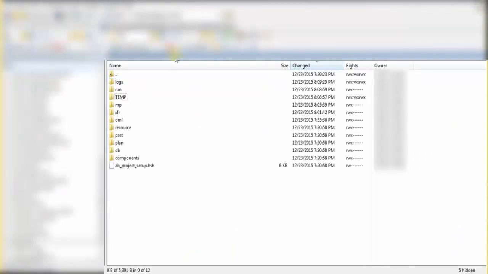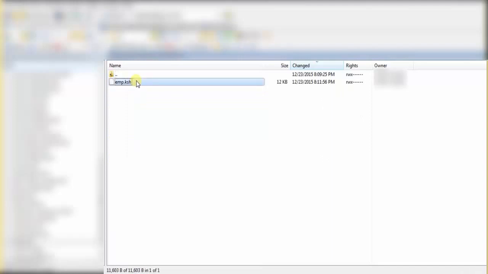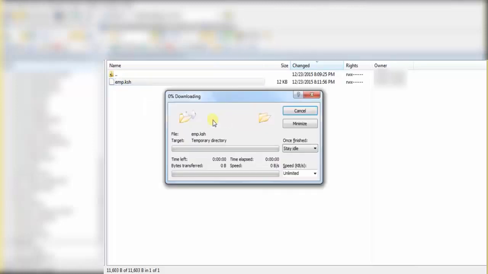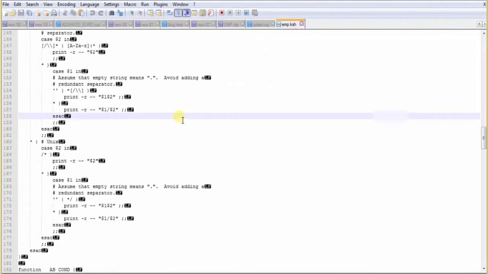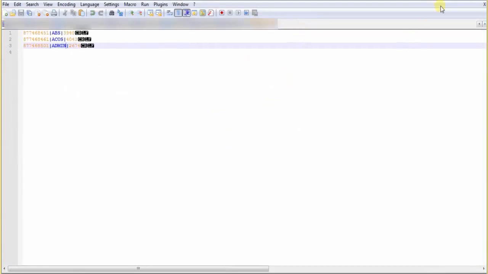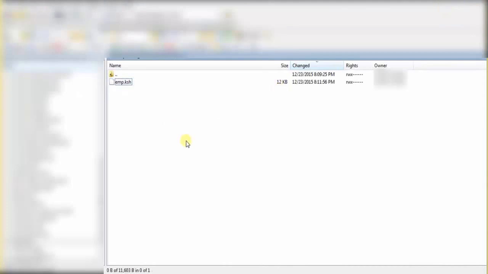And in the last video, as I said, every graph that you create in GDE will be converted into a KSH script, right? So the graph that I've created just now got converted into a .ksh script, which will be in this way. So you can execute your graph from the GDE part, or else directly come to this KSH script and execute it. So this is how to create a basic graph. So in the next class, I'll be explaining in detail about each and every component.